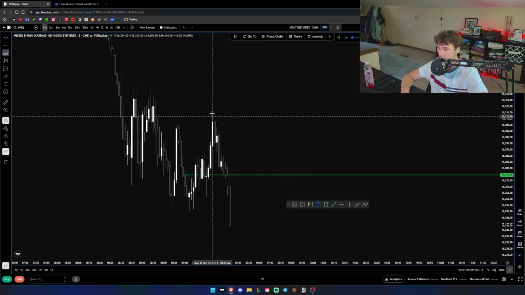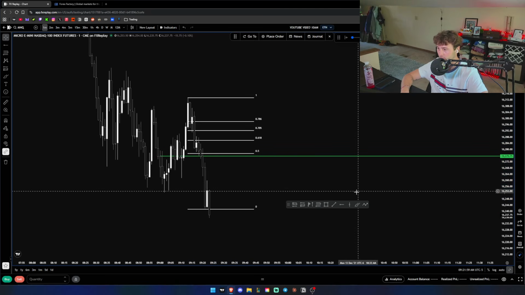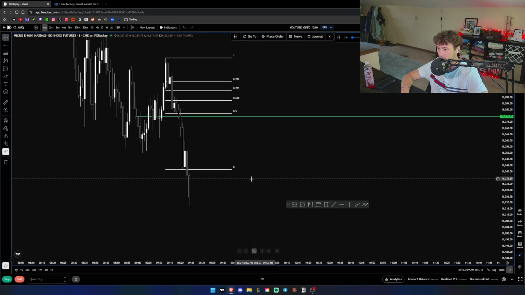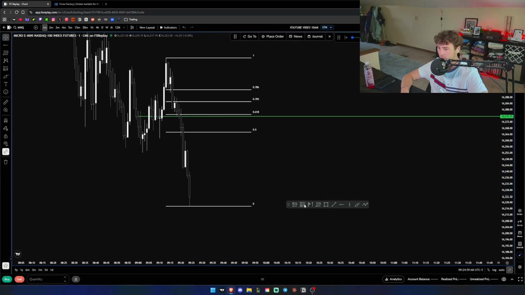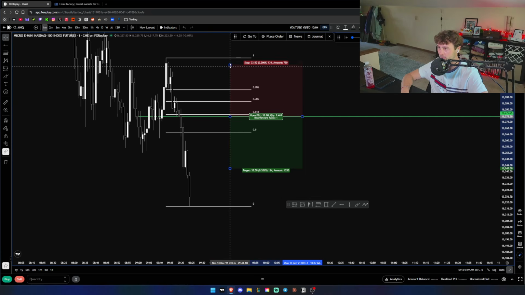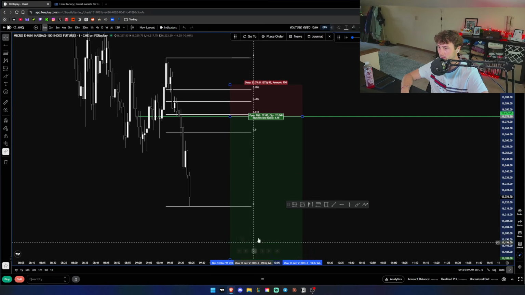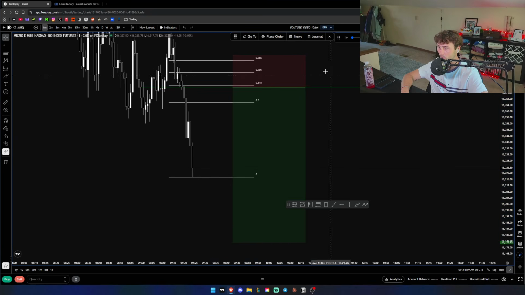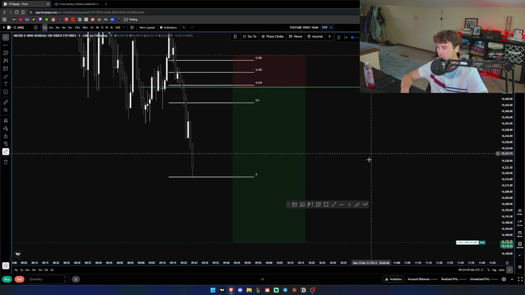Now, look better for shorts, 0.5 level. Boom. Okay, this is better. 618 aligns now, right here. Stop above 786. 20-point stop. Target the lows. Place this if we even get it.